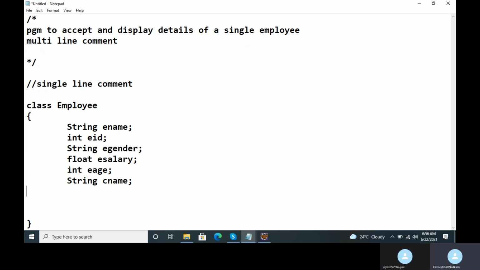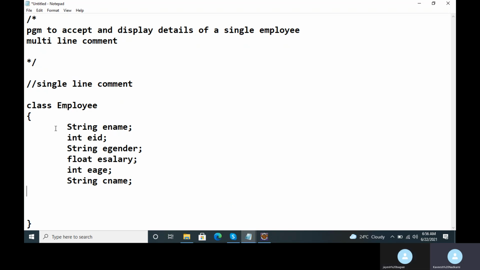So these variables which I have declared above, okay, these are the private data. These are the data members of the class employee. So if you remember yesterday when I taught you regarding class and object, Jayesh, okay, that time I already told you what is meant by class and object. You remember, no?